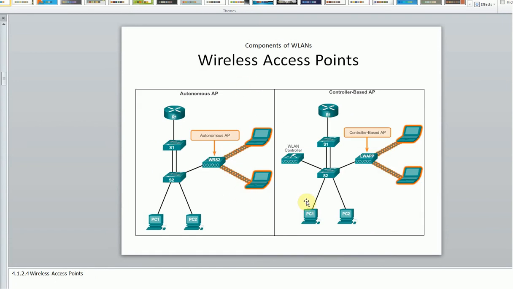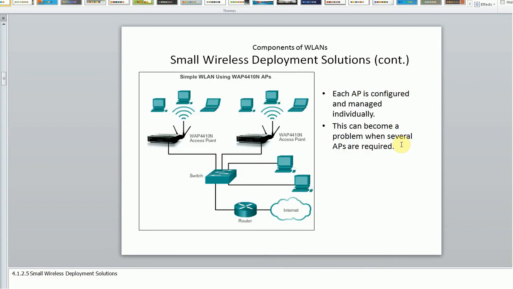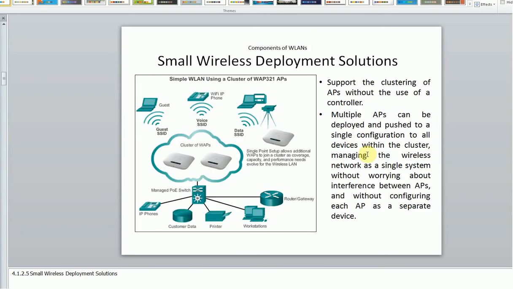These are the different topologies and different Cisco devices. We have broadly classified them into two types of devices, wireless router and wireless access point, and I will show you how to configure both.